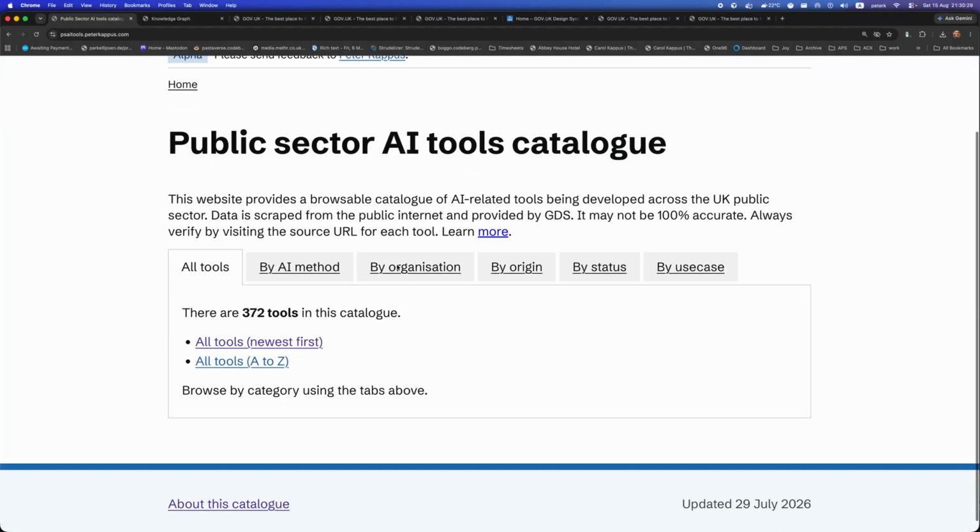Hey, it's Peter, and today I want to show you how to build a beautiful static website using a CSV file, Eleventy, the gov.uk front end, and a little help from an agentic coding tool. Specifically, I want to show you how I built the public sector AI tools catalog that I demoed in a